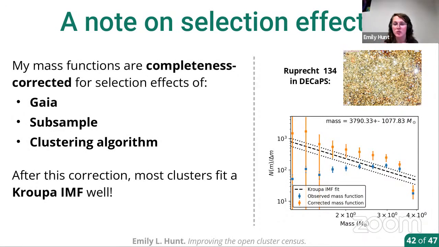Part of this is only possible because we live in 2023 and Gaia data is much better understood. There have been some really nice papers, even within just the last year, that give methods and recipes on how to correct for selection effects when working with Gaia. And the kind of thing that I find from this is that after accounting for these selection effects really carefully, like for a cluster like Ruprecht 134, which is very near to the galactic center and is very difficult to detect,